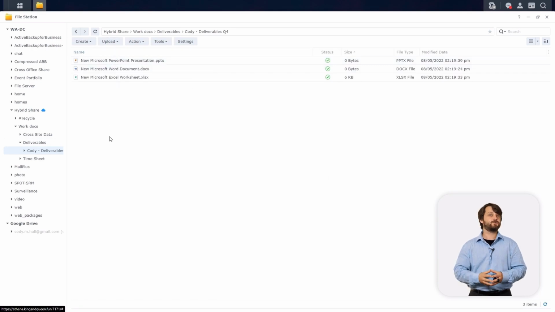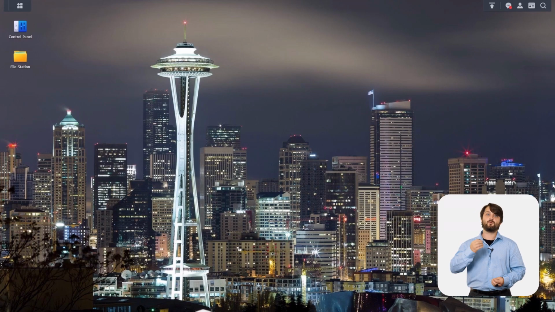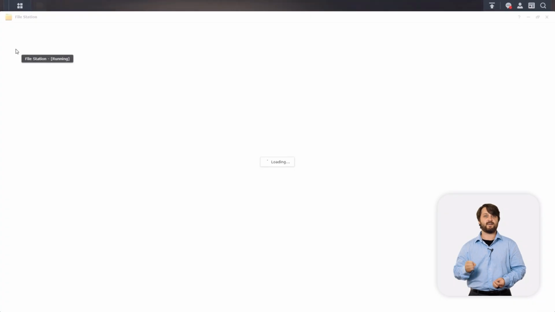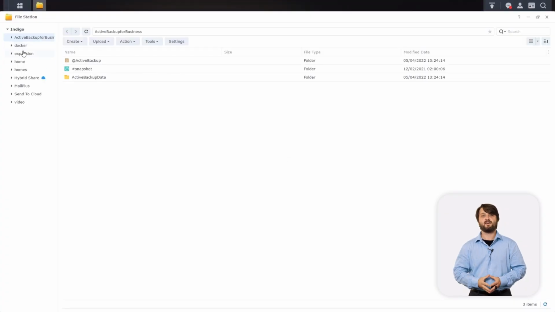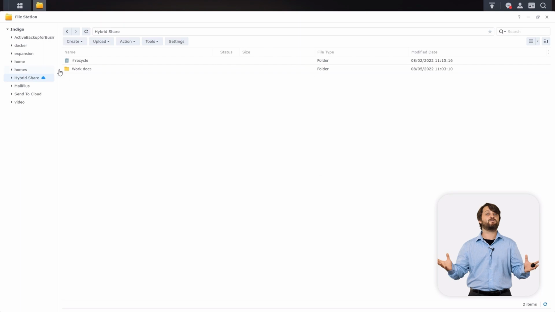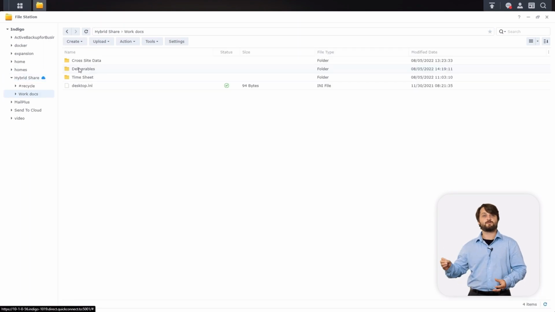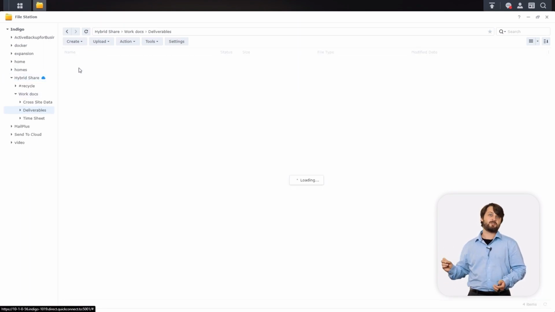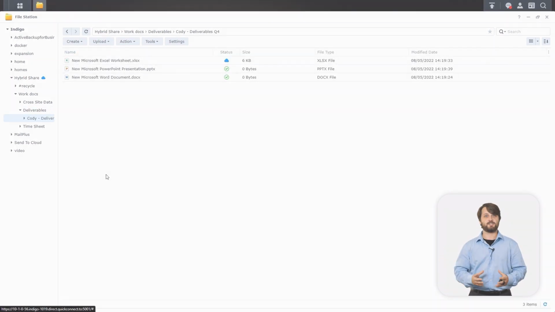You can use a multitude of different avenues through the Synology Drive web portal, a sync client, File Station, and even SMB, and have it reflected across the entire environment. As you can see, even though we synced from one endpoint PC to a Synology NAS on the East Coast, we can also see that data on our West Coast NAS and File Station.